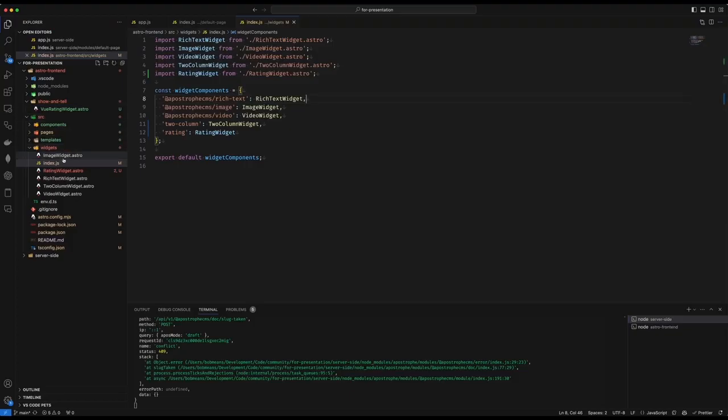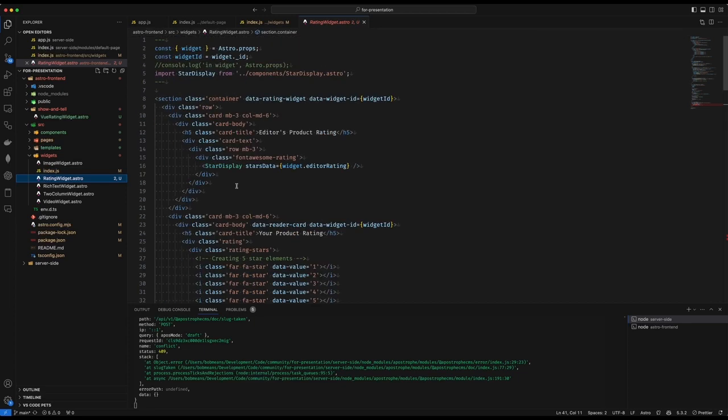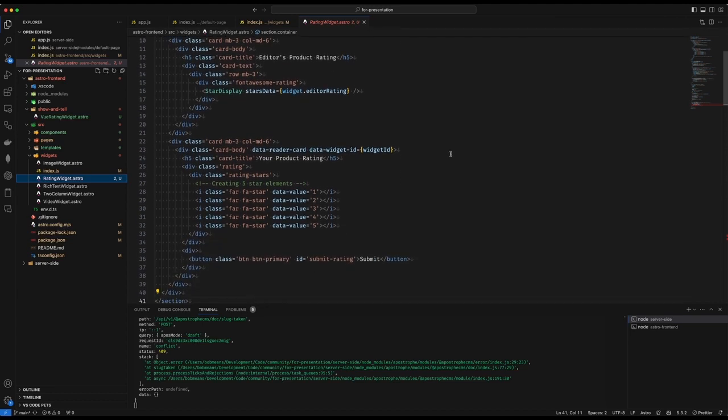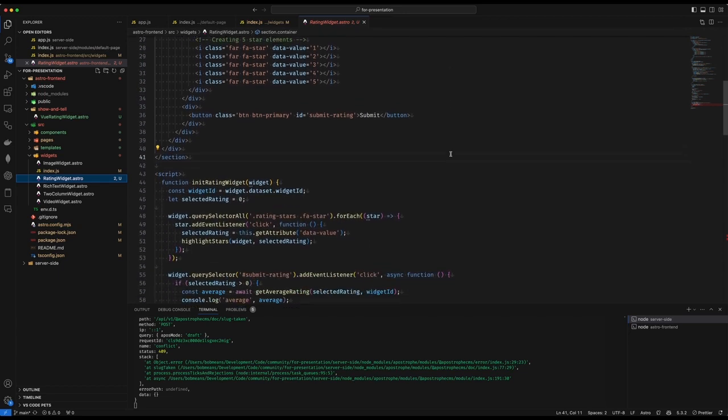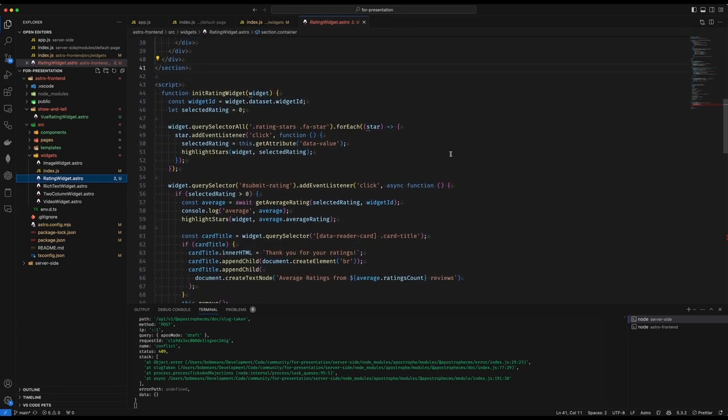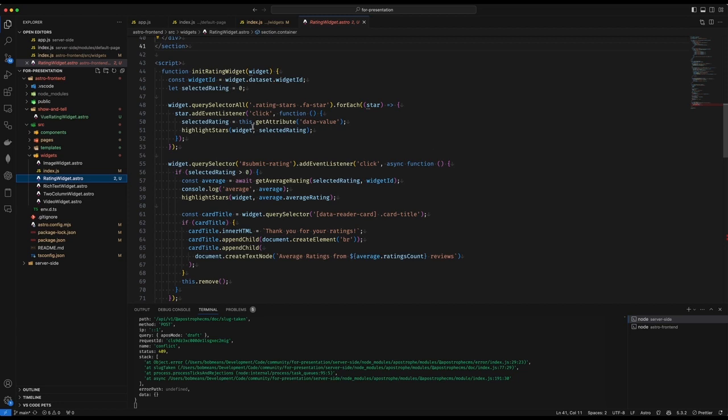Let's look at the code creating this. In the front matter, I'm loading the widget ID from the Astro props and loading in a component that I'm going to use to display static stars on the left. Next, I have my template. The editor entered stars are the first block, and the user entered rating is the second block. Finally, I have my script. It isn't very optimized. I first converted it for handling multiple instances of the widget using the query selector all, but then I dropped back, and partially for testing purposes, I used component encapsulation, but I can see now that I didn't fully convert it.